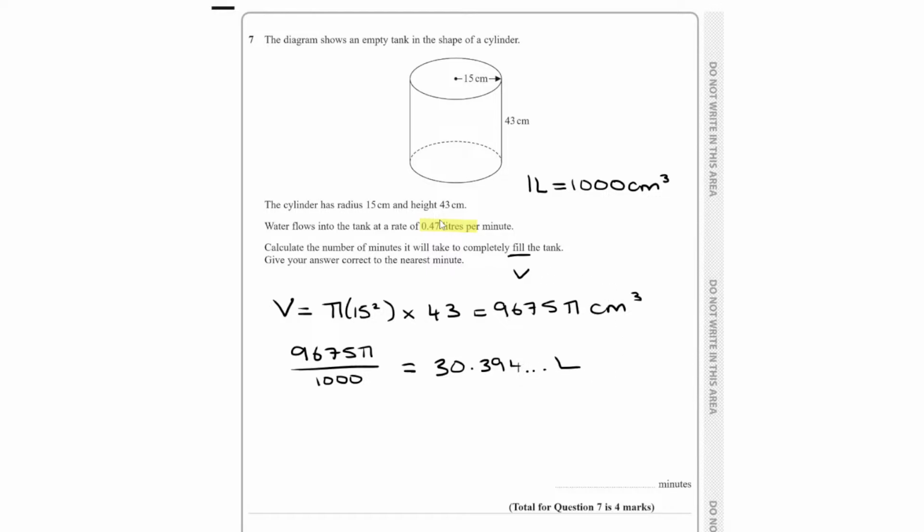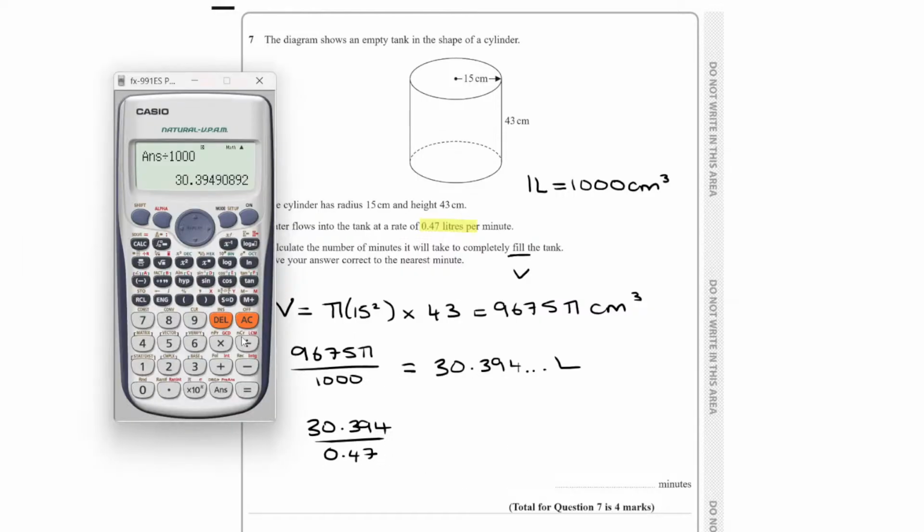liters. And then we can look at this rate here. So 0.47 litres per minute, how many minutes? So I'm just going to divide that answer. Obviously, I'm going to keep all the decimals in my calculator. I'm not going to round it. And divide it by 0.47. So literally take that answer button,